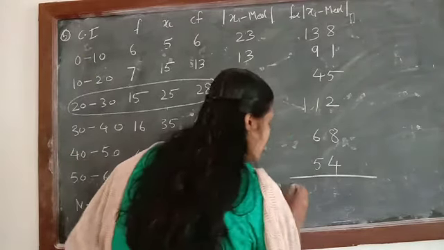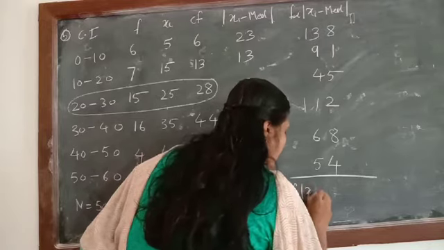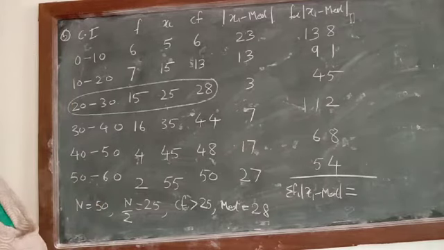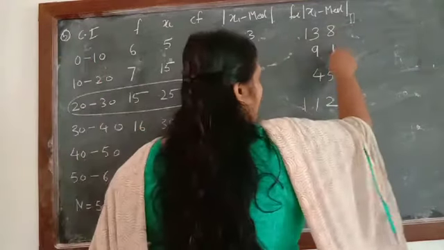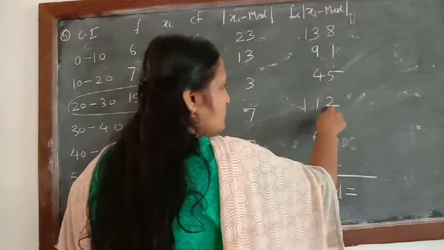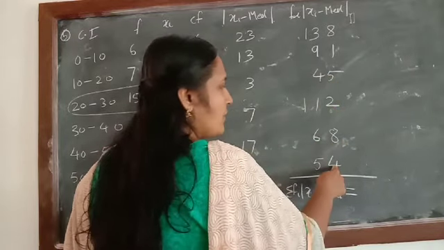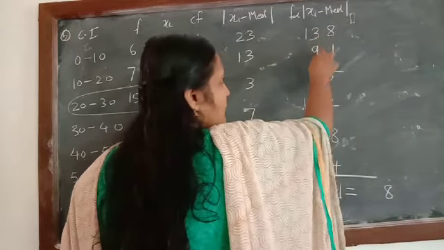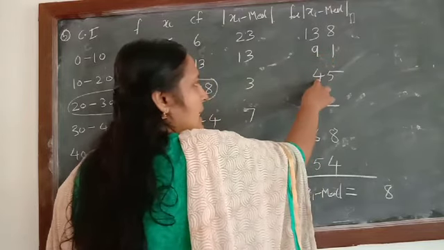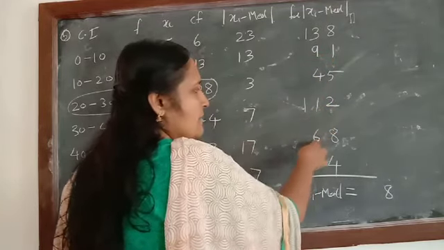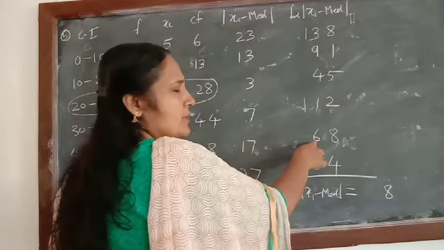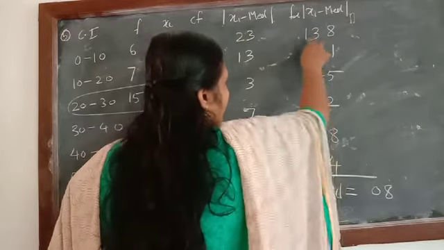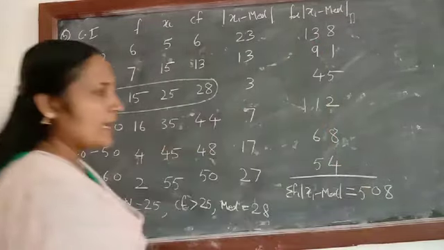Now we have to do this addition. Write down there sigma fi into modulus of xi minus median. Now all, you can check the addition there, just to check what will come. 8 plus 1, 9 plus 5, 14, 14 plus 2, 16, 16 plus 4, 20 plus 8 will be equal to 28, carry over 2. 3 plus 2, 5, 9 plus 5, 14, 14 plus 4, 18, 18 plus 1, 19, 19 plus 6 will be equal to 25 plus 5, 30, carry over 3. So 3, 4, 5. So it is equal to 508.